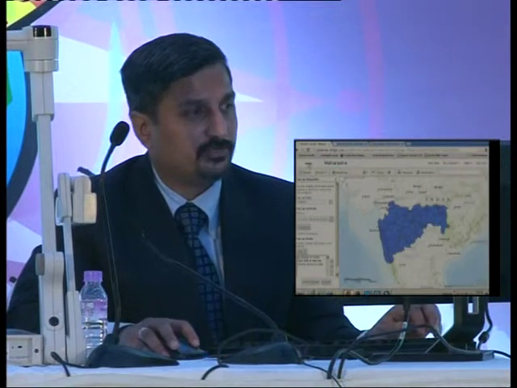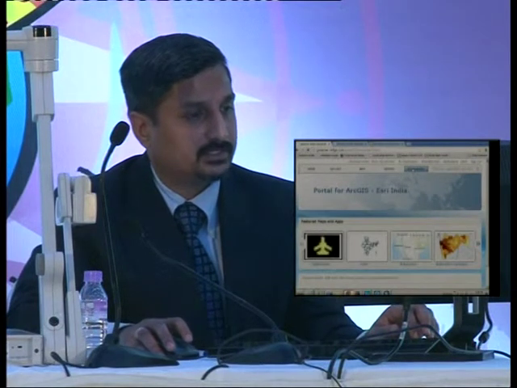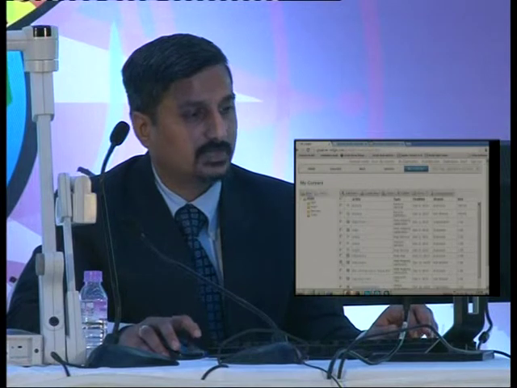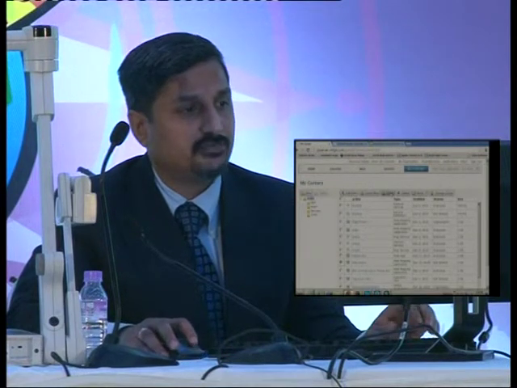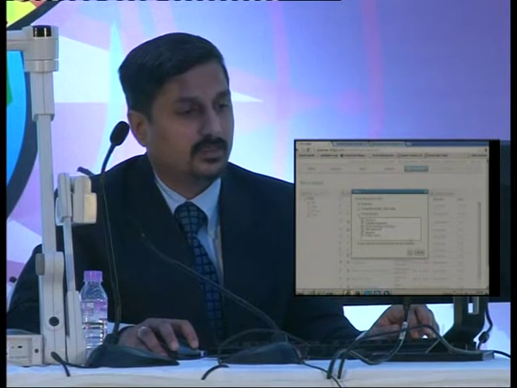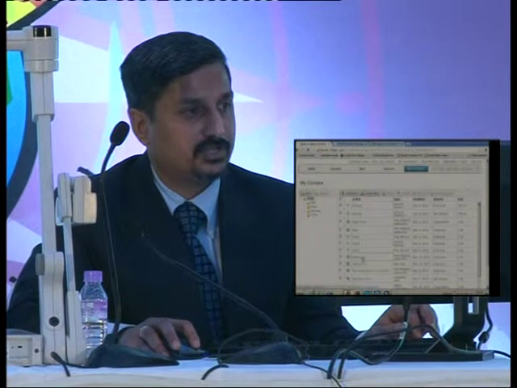Then I am going once again to the contents, my content. This app is published here. Application. This I can check for the sharing, with whom I want to share it. Or how it looks, I can view that application here.